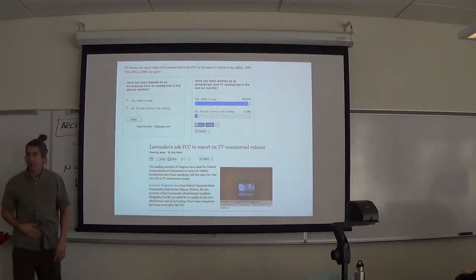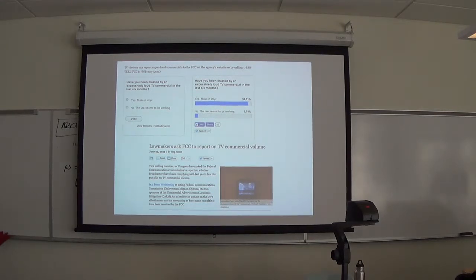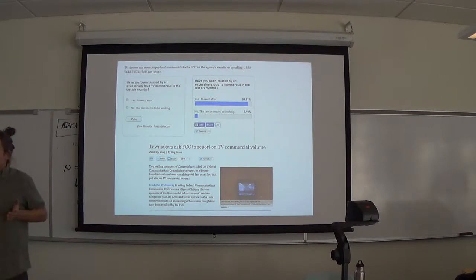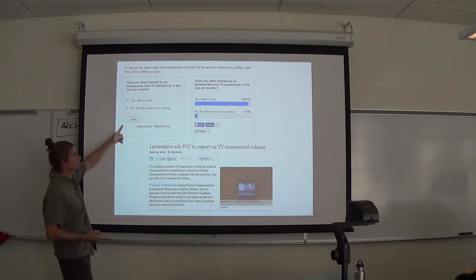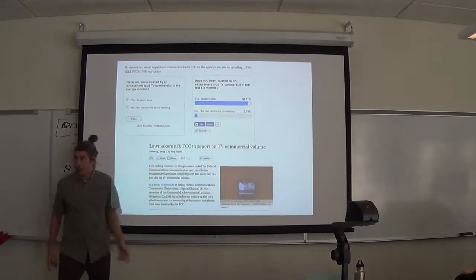No, the law seems to be working. I mean, seriously? Who's gonna pick the second one? Or, if you would pick the second one, who's gonna click, right? Are you gonna vote for something? This goes back to my whole negative bias of emailing. When do I hear from students about Blackboard? Well, they're having a problem. When something's going wrong. Nobody's ever sent me an email that says, "You know what, dude, everything's great today. Totally awesome, Blackboard's working so well." And I don't expect those from you guys, right? So who's gonna vote on these most likely? The ones that are unhappy with it. This doesn't surprise me at all, right?